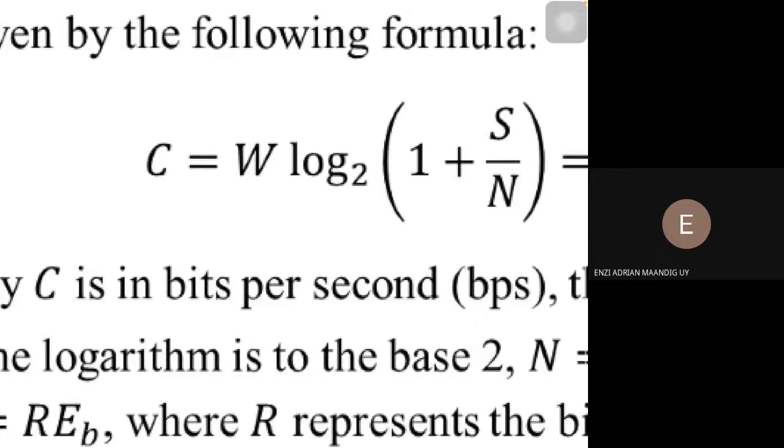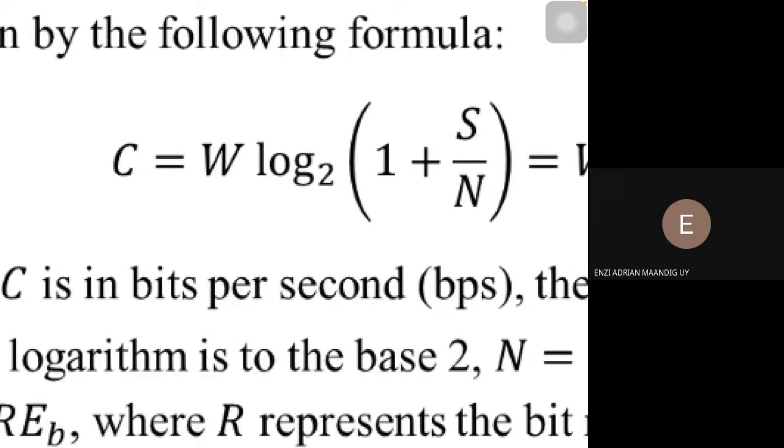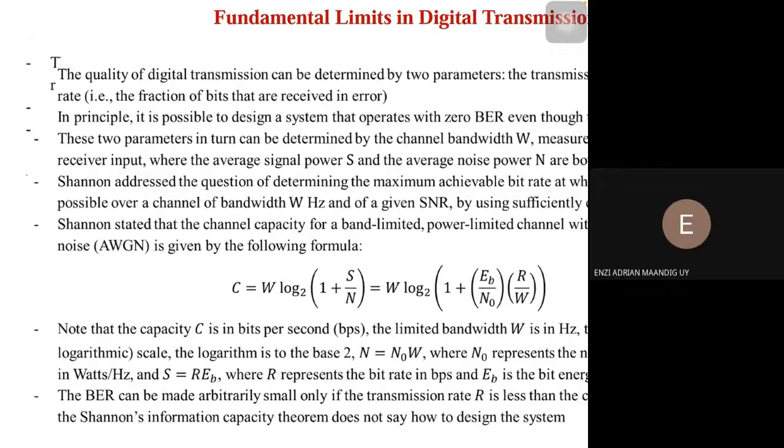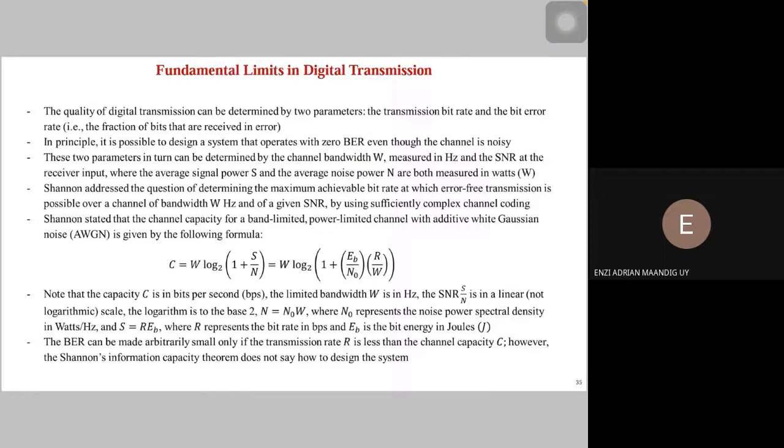The higher the signal-to-noise ratio, or let's say, for example, the lower. So we have a noisy system. The lower the signal-to-noise ratio, the lesser the capacity of the channel to transmit information. So this is one of the